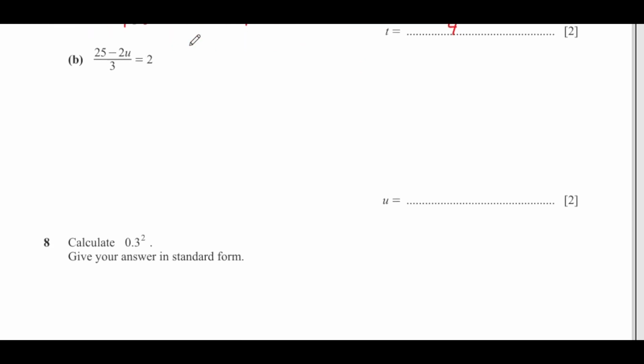Now next, we have another equation here. So I am going to put 1 over here. Then you cross multiply. When you cross multiply, it is 25 minus 2u times 1 will remain the same, equals 3 times 2, it is 6, right. So negative 2u is equal to 6 minus 25. So 6 minus 25, it is negative 19,